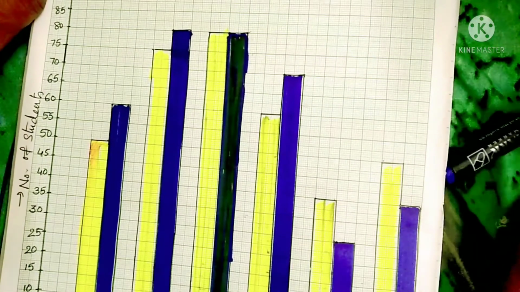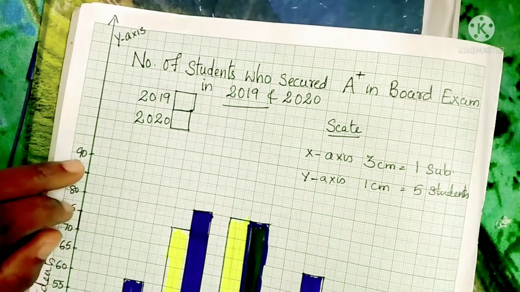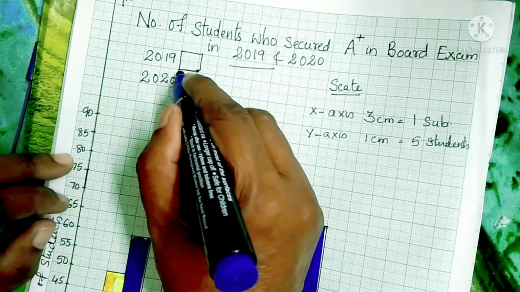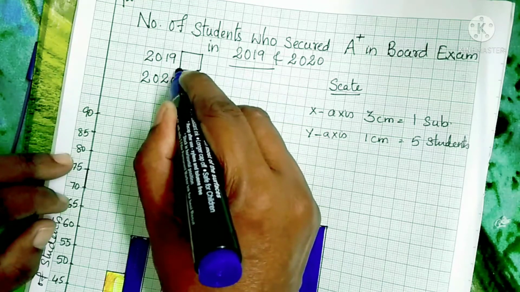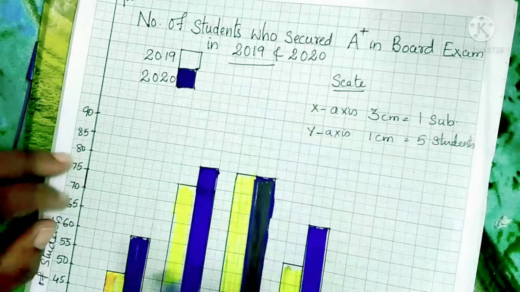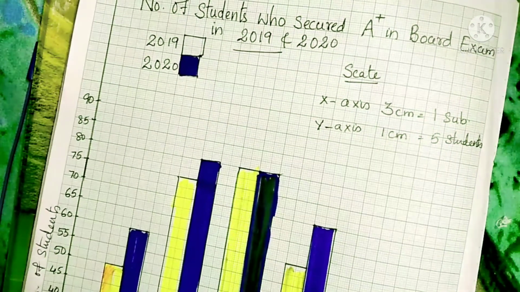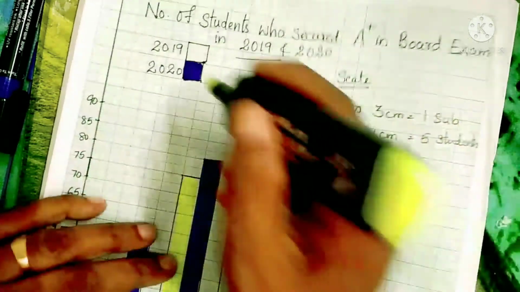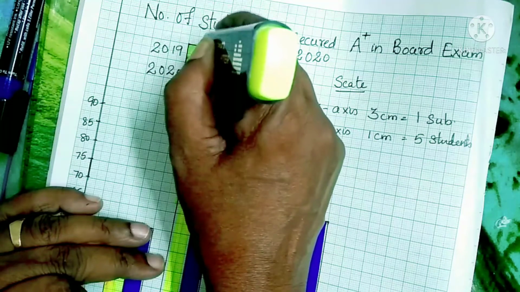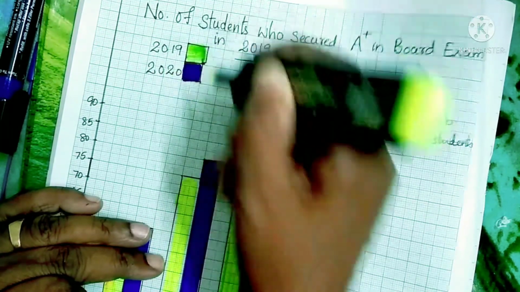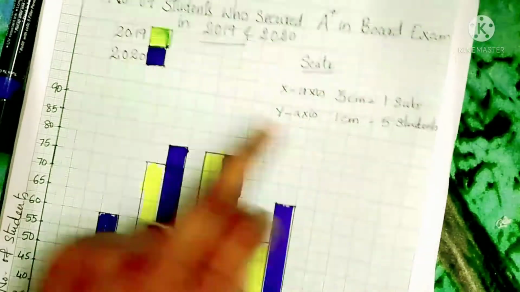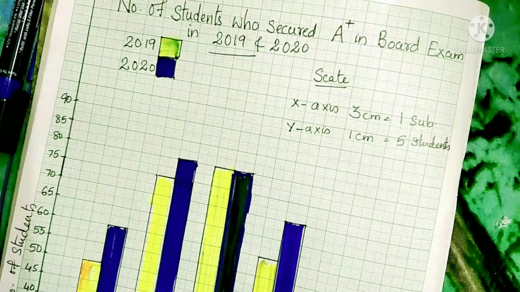Okay, now after drawing, here also, while writing the scale, I told you we have to think. See here, the second year is shown by blue color, so that is 2020. So here you need to show that. This color shows 2020, and the other one, 2019, is shown by which color? Green color. So this color shows 2019. So this way you need to show the scale also. So along with the scale, this is also compulsory in the double bar graph.